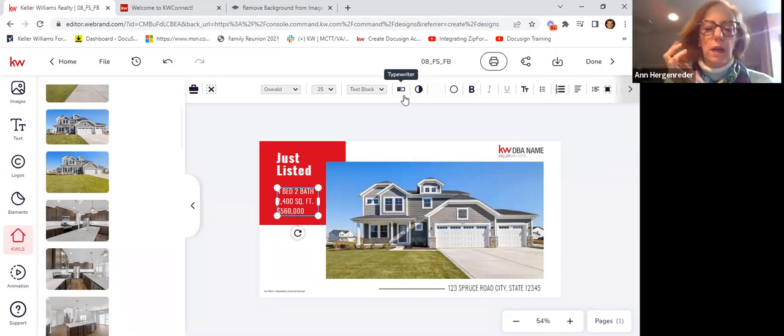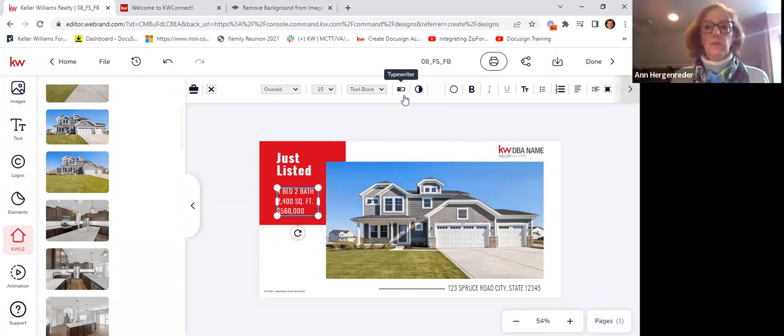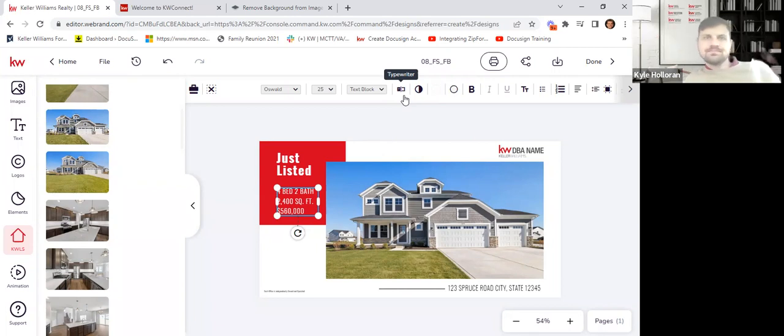Kyle, yes. This is a fabulous improvement over what I've been attempting, but do we have to rename before doing this so that the template doesn't go away, or did I miss that? The template will always be in designs. You can always go back to the first template. When we create this, we'll save it, and then it will be on your home screen as one of your saved designs. But that original template never will change. You can always go back and start from scratch. That's what I needed to know.